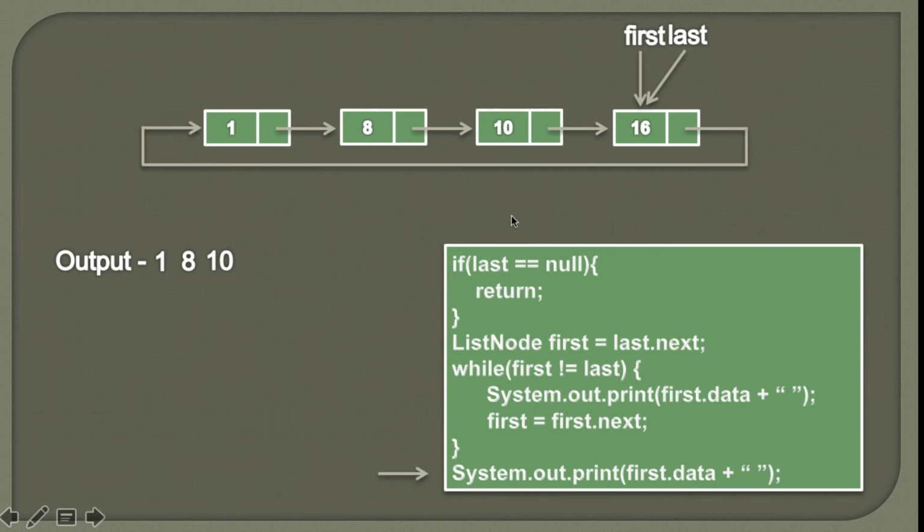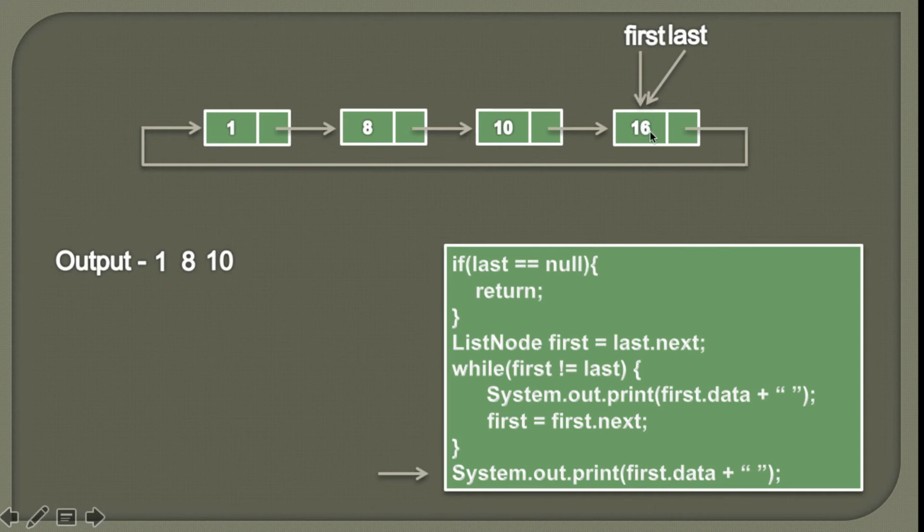So friends, here you can see that we had this pointer to this last node and we started traversing and printing of the elements from the first node. So here if you see, the circular singly linked list has 4 nodes and we have traversed 3 nodes by printing 1, 8 and 10. And then in the while loop, when we traverse to the last node, we know that condition in while loop came out to be false as first is equal to last.